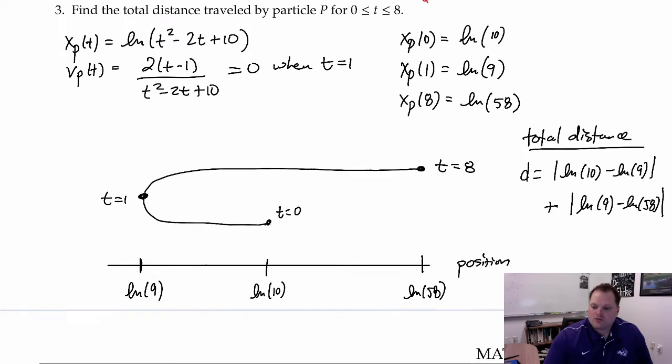Now, you may be tempted, and we could calculate this to get a decimal. I'm not really interested in that in here, but you could throw this into Desmos real quick and get exactly what this is. The mistake a lot of students make on this problem is they assume that you just take the natural log of 58 and subtract the natural log of 10, because natural log of 58 is where you ended up, natural log of 10 is where you started, but that ignores this distance that you traveled,